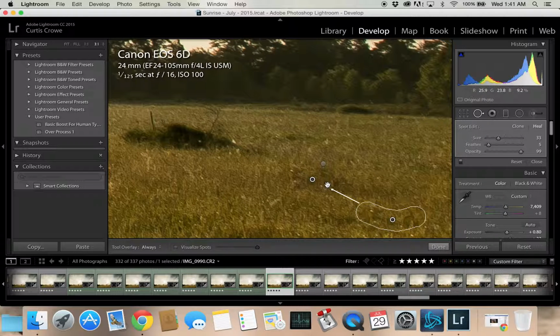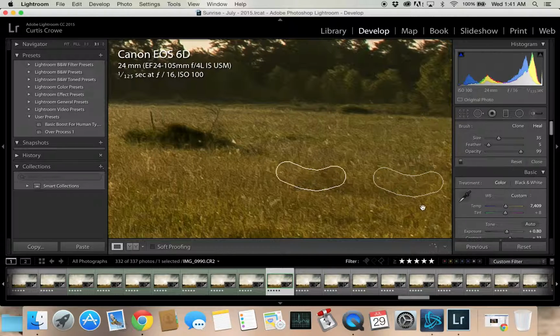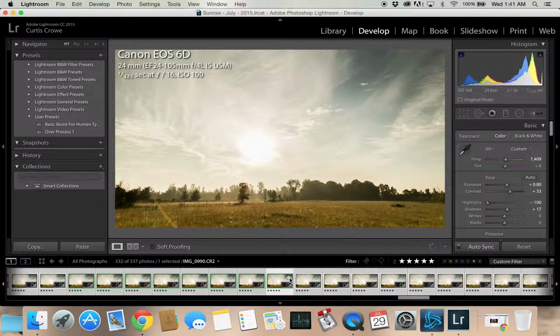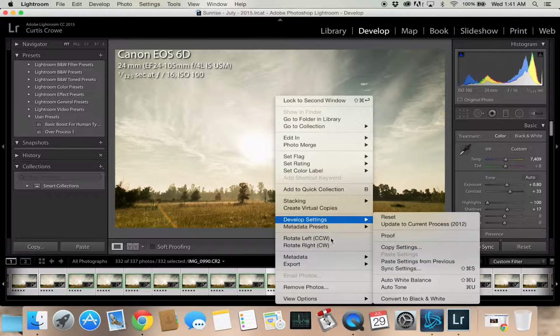And honestly, I think we're going to have to probably just deal with it. Oh, actually, that looks a bit better. Let's compare that to the other frame. It's still not quite there. But let's go ahead and give this an export